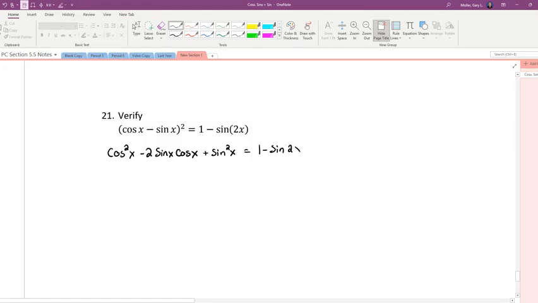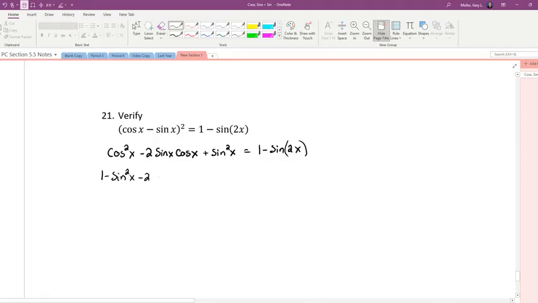All right, so this is what I'm trying to prove. Clearly my answer only has sine in it, so I'm thinking I'm going to need to do some sort of conversion here. Although I've got this one cosine sitting right there in the middle, that's going to be problematic. And so let's see if we can game plan this in real time. I could do a partial factoring, factor out a single cosine, but I don't see that's going to do any good. All right, I don't know. I might end up erasing this and trying something else, but I think I'll turn cosine squared x into 1 minus sine squared